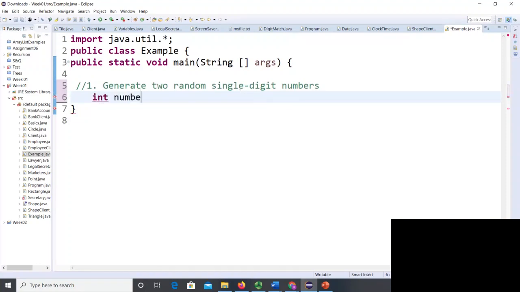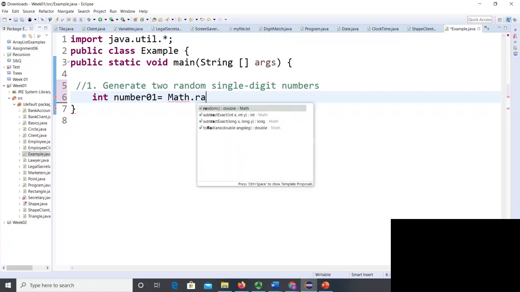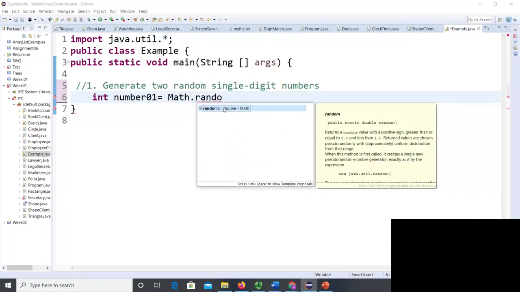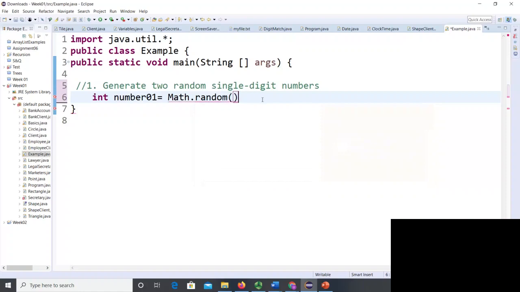So int number 1, let's give it a name, number 1 is equal to, and to generate a random number you call the Math class in Java, Math.random. It will automatically generate a random number for you, and you can set the limit of this random number by saying times 10. You can set it to 100, 50, whatever limit you want for level 1, level 2 for the first grade student.